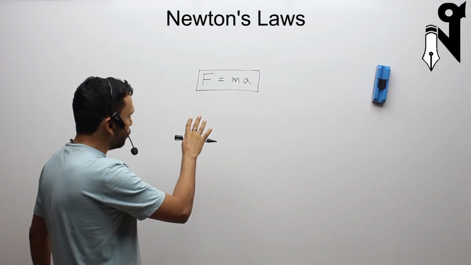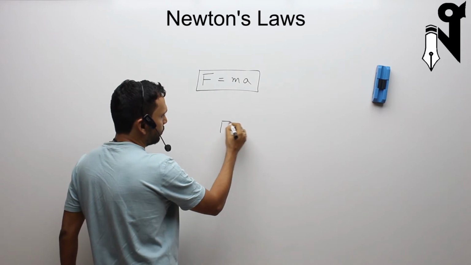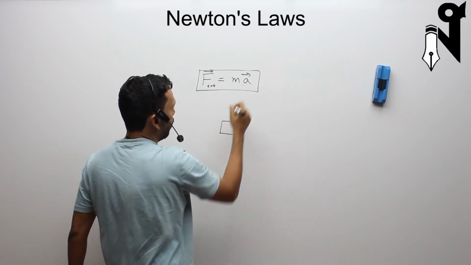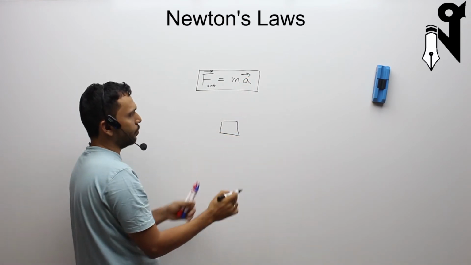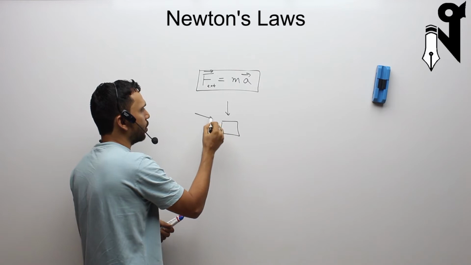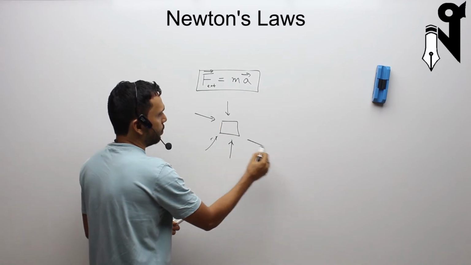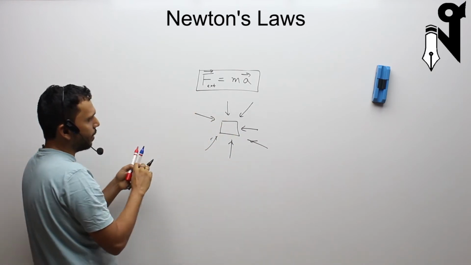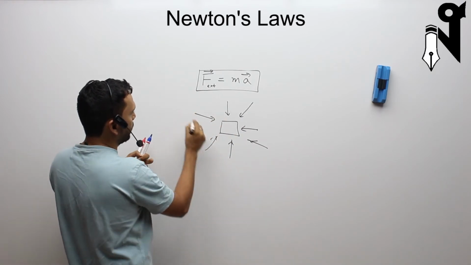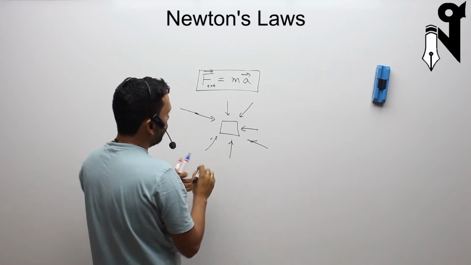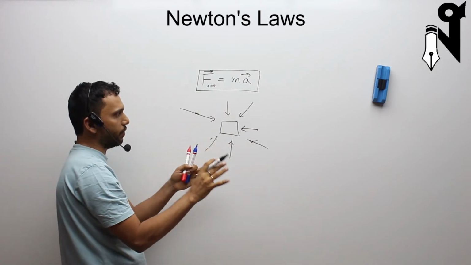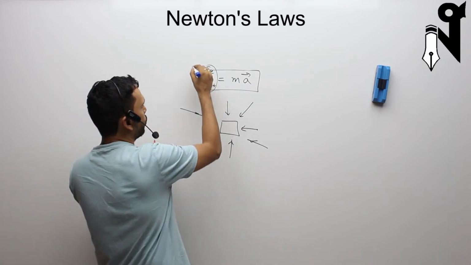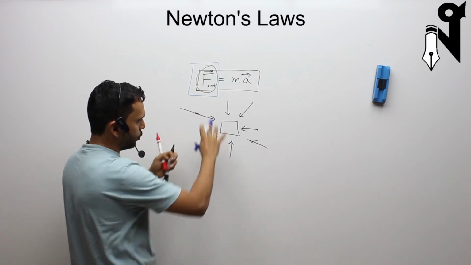The equation tells you that if there is a body and there is a net external force on the body, net external force, that means vector addition of all the forces applied on the body. Various forces are applied on the body. All of these forces will have one net direction, all these forces totally will result in one force, that is your F external force. So let me put this in blue and draw the force with the vector addition of